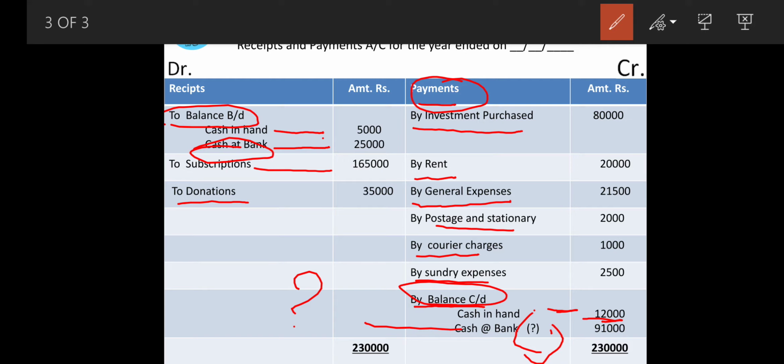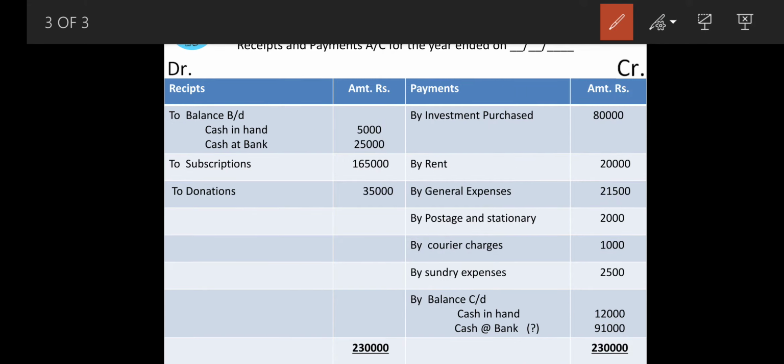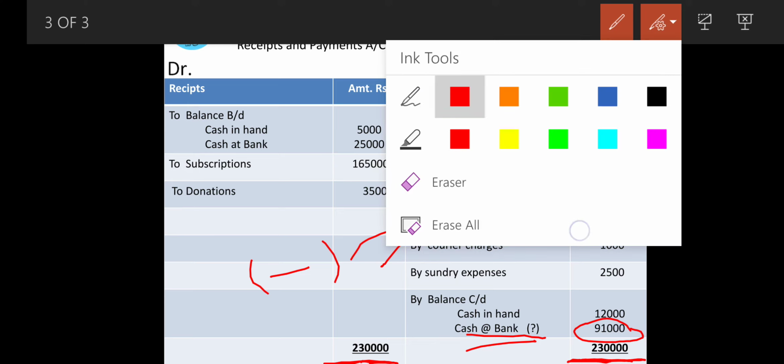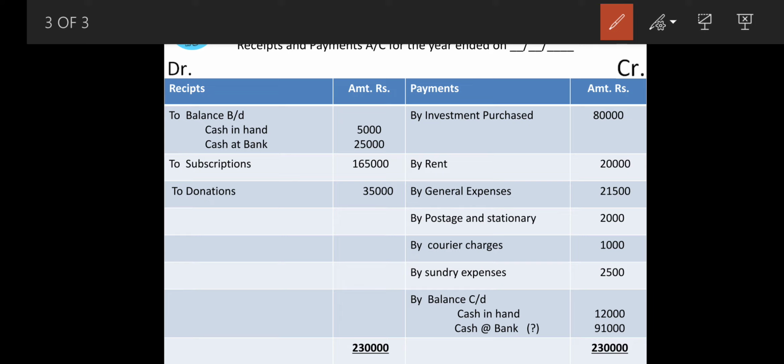So now what we are supposed to do is make a total in rough. Both the side totals you will make in rough. You will get the debit side total more. From this debit side, you have to subtract the total of all the credit items, and the difference you arrive at is termed as cash at bank. So that will be 91,000. This exercise you can do it, so you will understand. I hope you have understood the thing. That's it, and that ends the sum also.